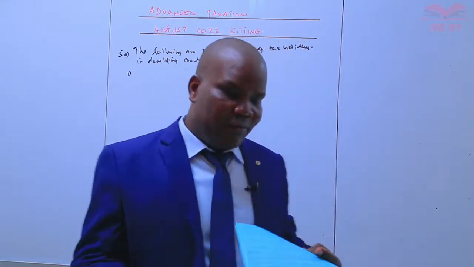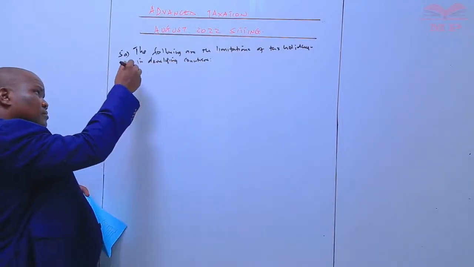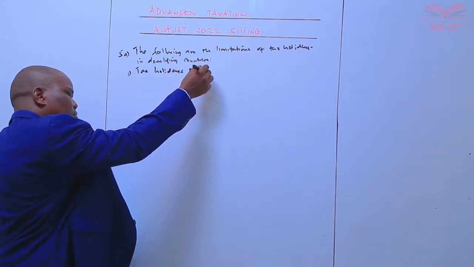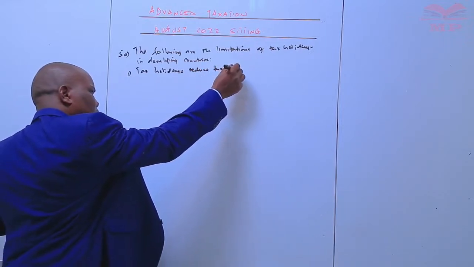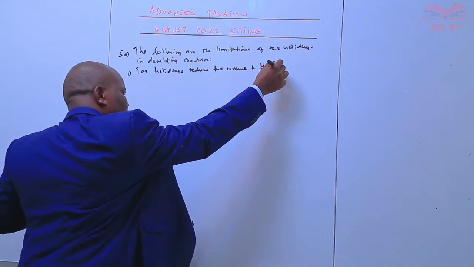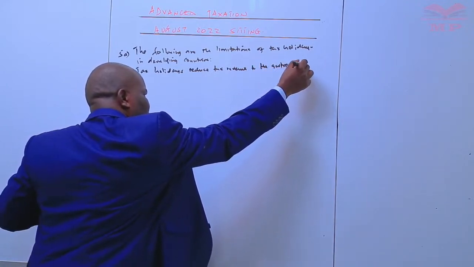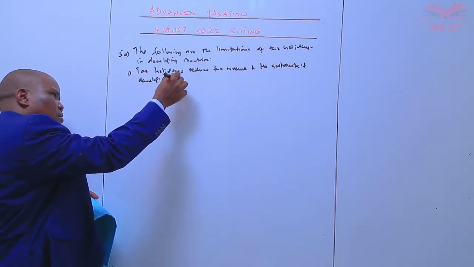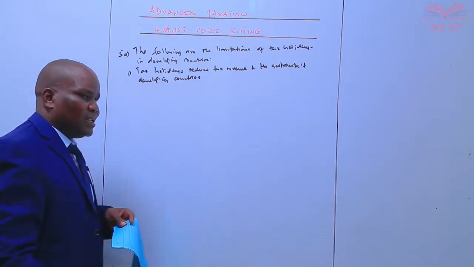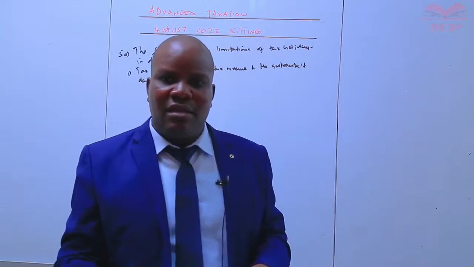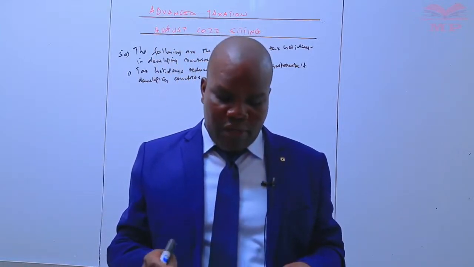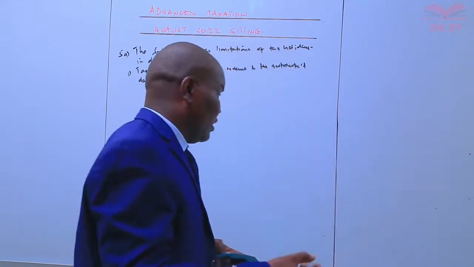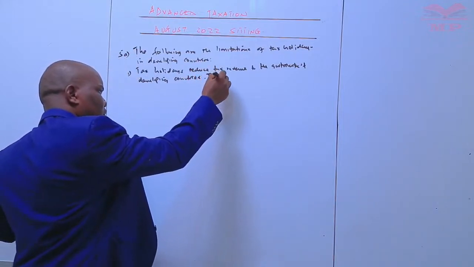So 1, you can say, for example, tax holidays reduce tax revenue to the governments of developing countries. Now, the ultimate result of tax holidays being a tax incentive is it will reduce the amount of revenue that the government will be receiving from taxpayers for a particular period. So what is the effect of that? You can go ahead and say, for example, this may force